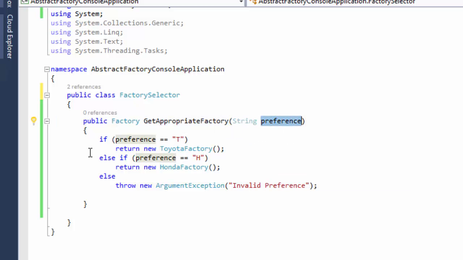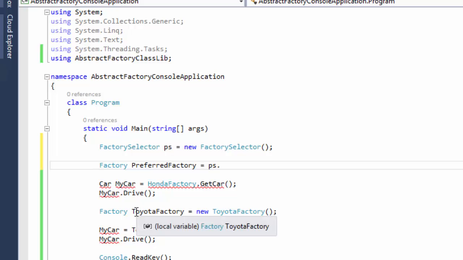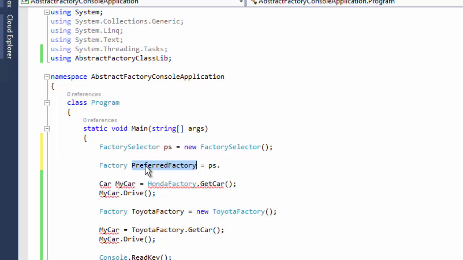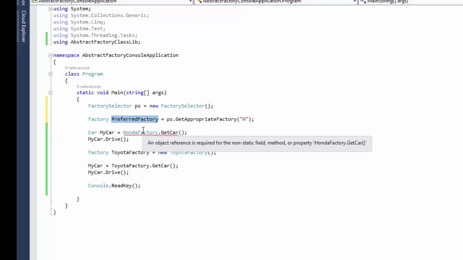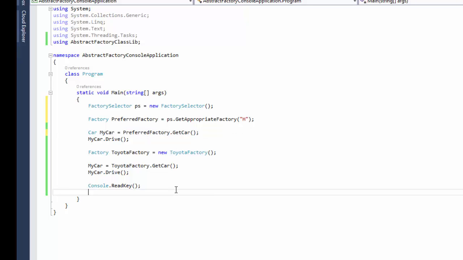It takes a preference as input. So if preference is equal to T, which is Toyota, then return Toyota factory, otherwise return Honda factory, or consider this an invalid preference. And then in my main program, I'm going to just select factory selector and then call ps dot get appropriate factory. First time I'm going to pass T, and actually let's pass H, and then this is going to give my preferred factory dot get car, and then next time I'm going to